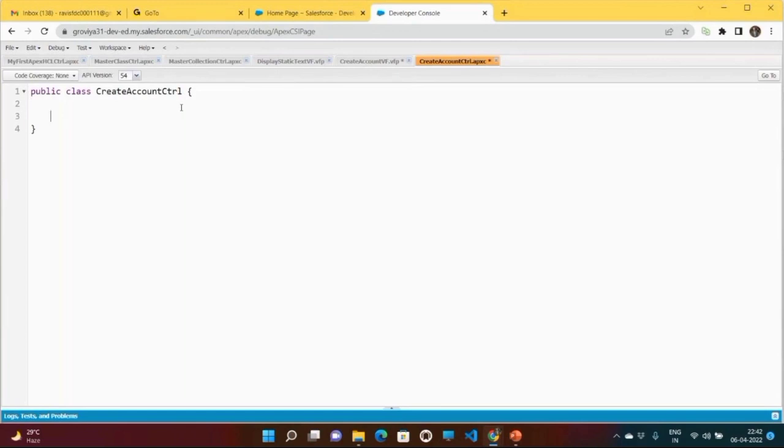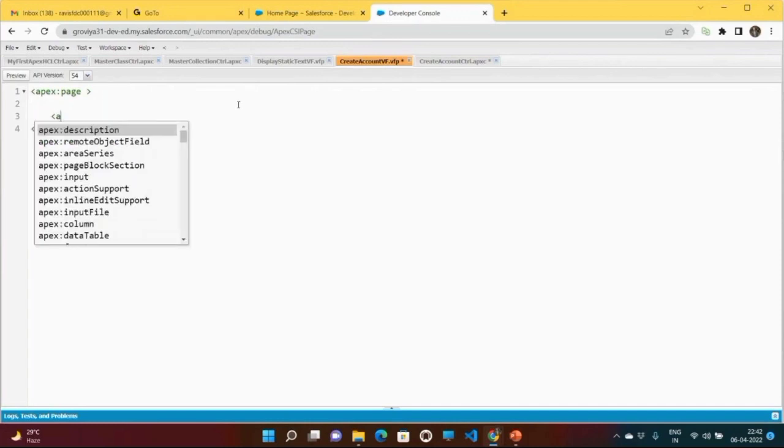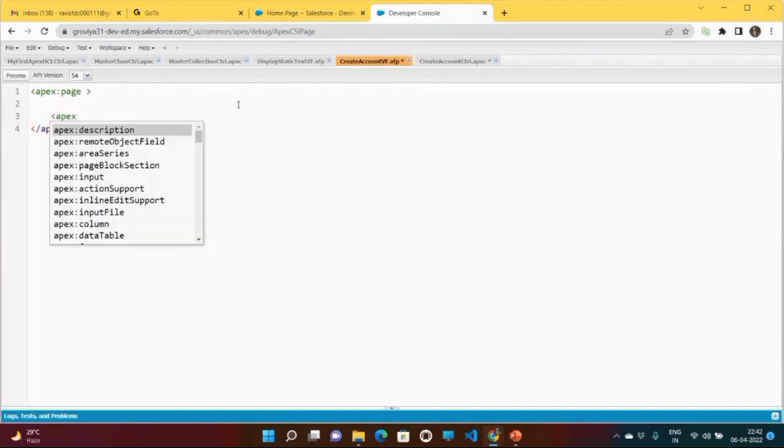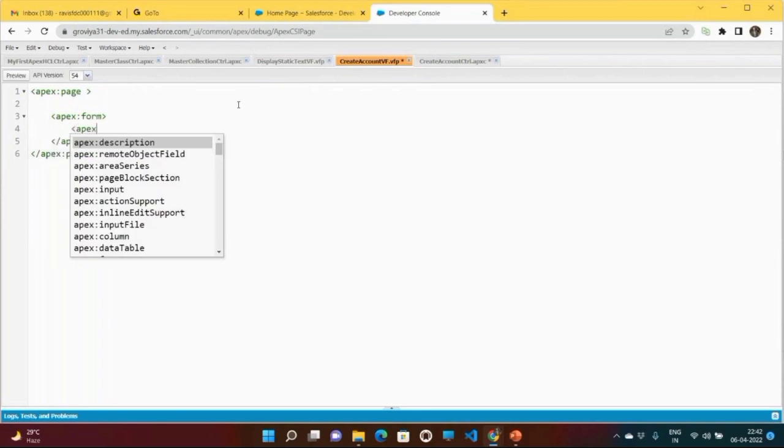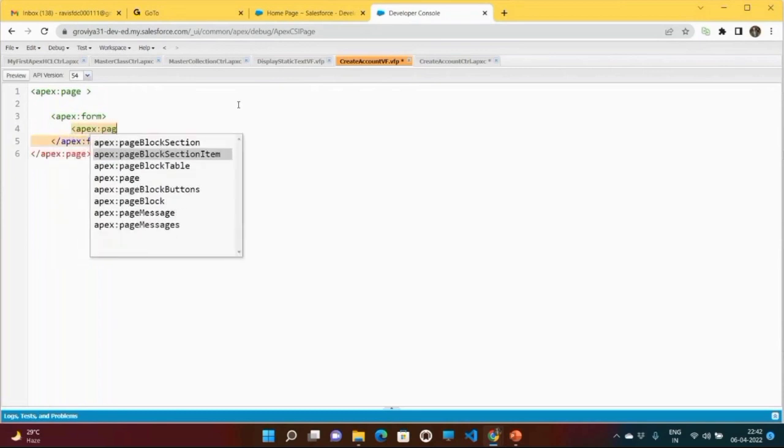That's my Apex class. So here on the VF side, we are going to create some input fields, and on click of some button, we will send the data to the server side controller, and we will save the data. So for that, let's create one form, inside that, we can create one Apex page block